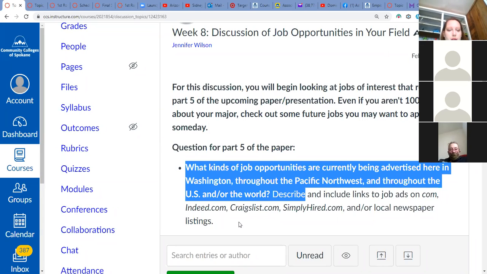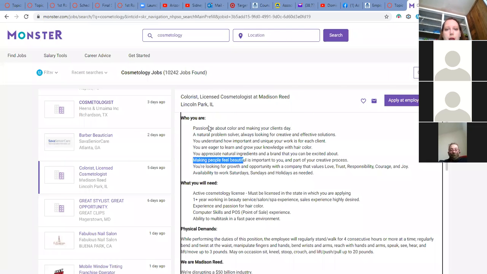I'm going to have to exit this screen share and go into another screen share on Word. So give me a second here. Let me go into another screen share and show you what I would do. Let me go back to this one first. Okay, sorry, it's going to take me a few seconds here to switch back and forth. So I'm going to go back to this one more time and look at it, okay?